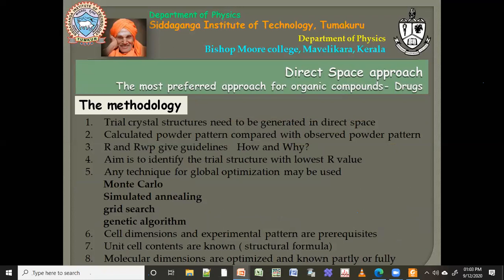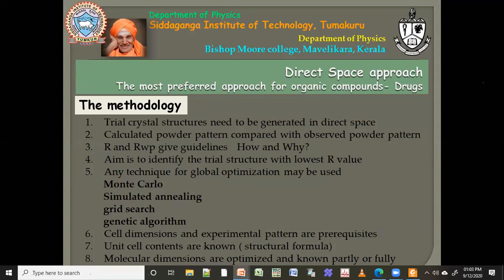space approach. Okay, so in this method, you have a lot of things to do, like Monte Carlo, or simulated annealing or grid search, something like this. Okay, it is more of modeling. Okay, so completely modeling your data. Okay, and then you will find a solution for that. But this is not easy for a beginner.